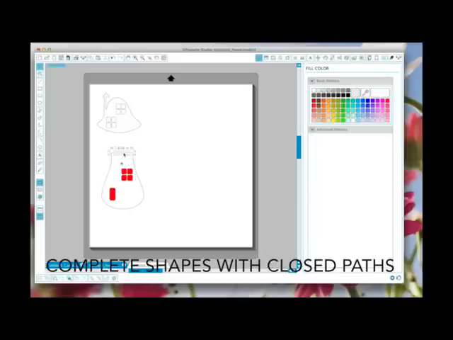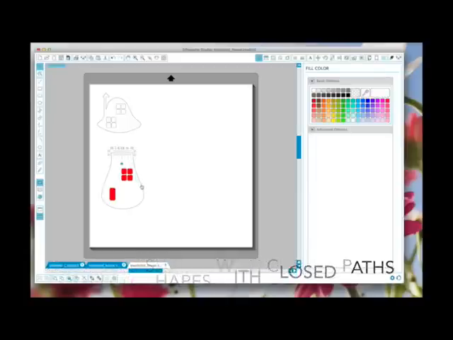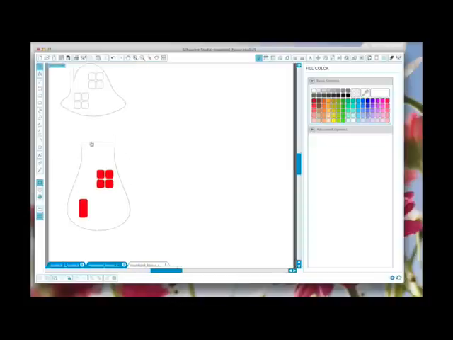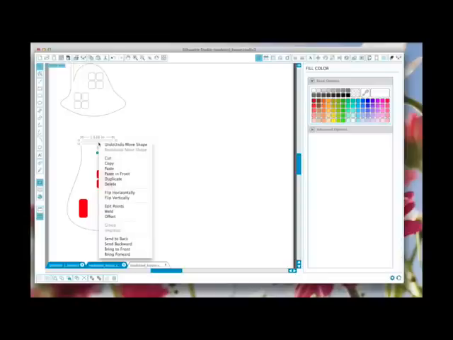And by that I mean, if I click on that line, you'll see just that line selects, and if I click on the house, you'll see the house selects. So there's a break here, so these are not joined. So if I just select that and use the arrows on my keyboard and take it up a little bit, so there's a gap, and then I'm going to zoom in so you can see a bit better. Now if I select the line